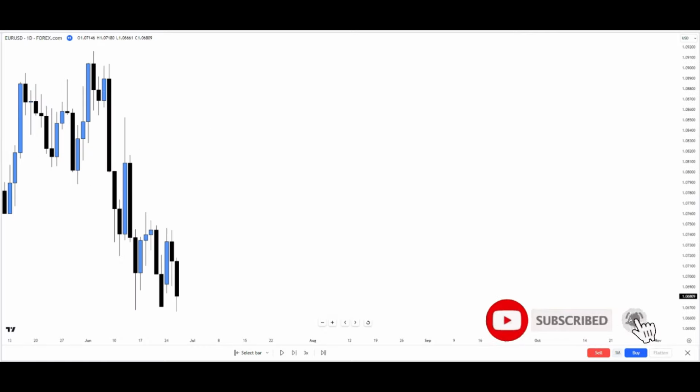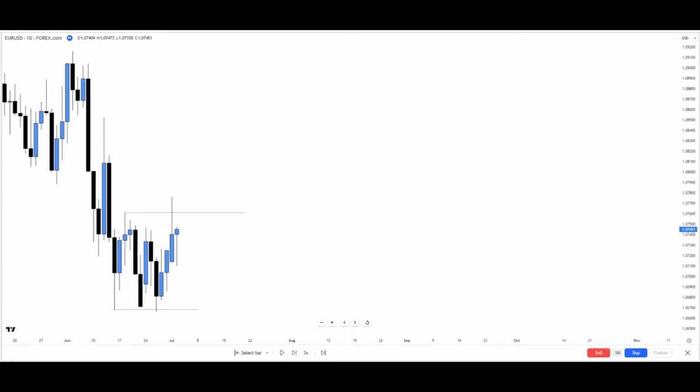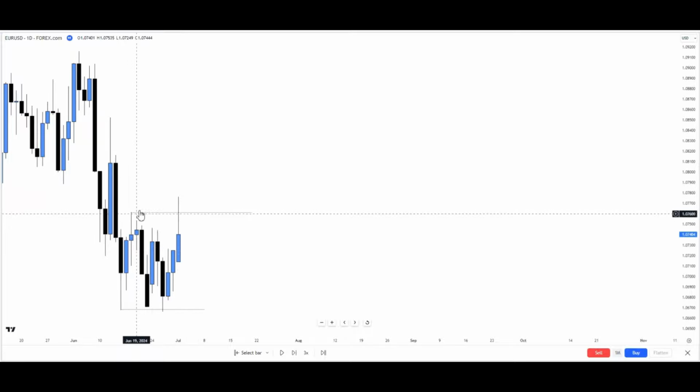Now going over the example we used to identify market structure shifts earlier, let's see how observing fair value gaps will help us qualify a market structure shift. Right here, we've identified a structure high. And now we can see price has moved above this structure high after giving us a run on liquidity. So now we want to pay attention to fair value gaps while price was taking out this structure high. Right here on the daily time frame, we cannot see any clear-cut fair value gaps,